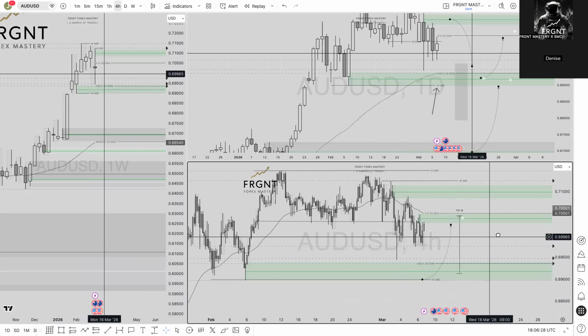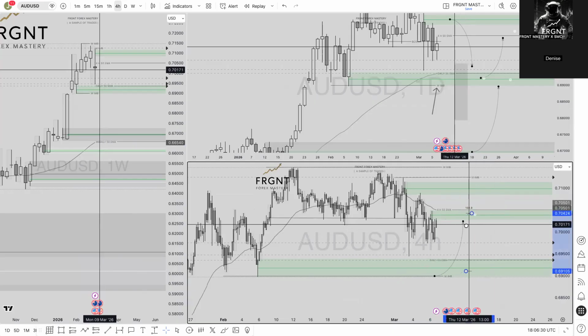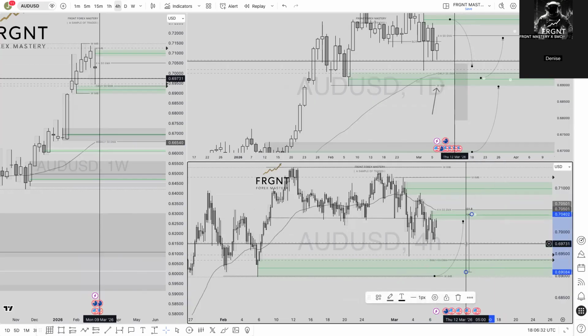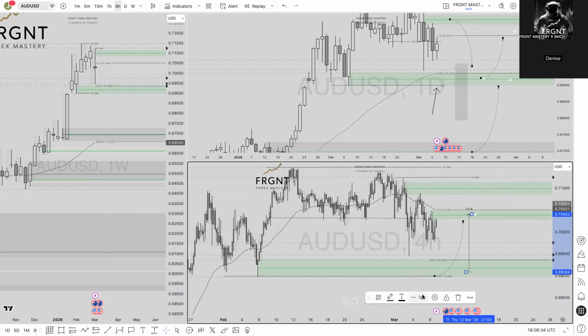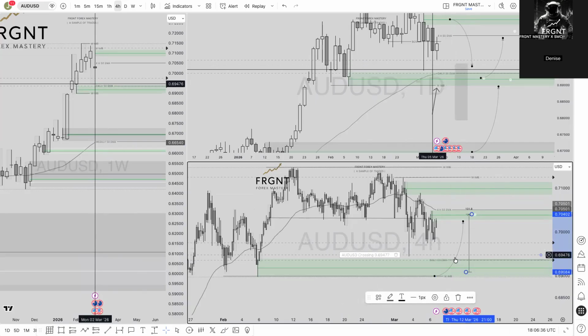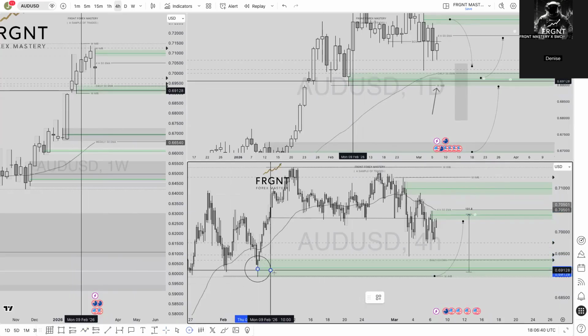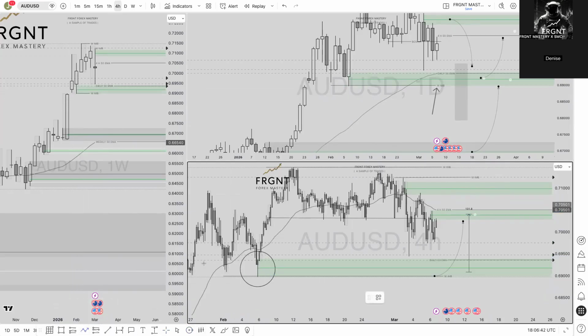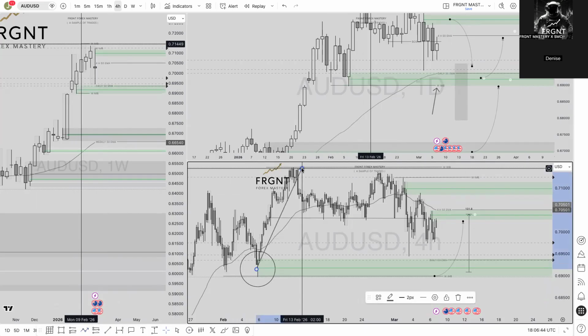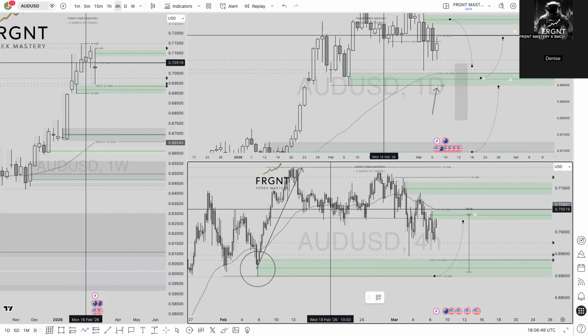So from an intraday perspective, it looks good. I've got the range on here simply because I would like to trade this in both directions. If price came down to the lows, then of course I'd take the long position based on structure, i.e. based on the fact that the most recent high was created from this area. Does it make sense? I'd say yes, it does, because after this high on the higher time frame, any price